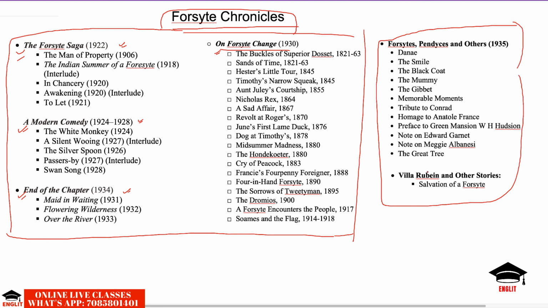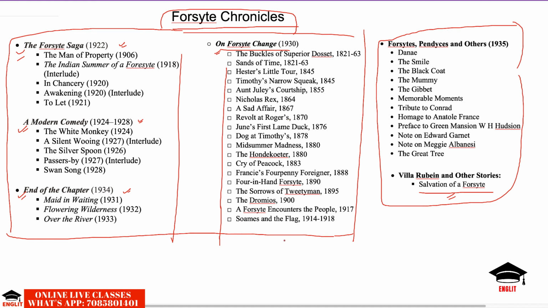ये जो स्टोरीज हैं इनमें देयर इज डायरेक्टली और इनडायरेक्टली मेंशन ऑफ फोरसाइट, जस्ट लाइक सेल्वेशन ऑफ अ फोरसाइट, जो सबसे पहली बार किसी फोरसाइट कैरेक्टर का कोई मेंशन था तो वो इसी में था, विथिन फोरसाइट. एंड लाइक इन दिस कलेक्शन सम ऑफ द स्टोरीज दे डील विद द लाइव्स एंड टाइम्स ऑफ द फोरसाइट्स. But these stories and these novels and interludes, they are primarily dealing with the lives and times of the Forsytes. You must see that these many pieces of literature were dedicated only to one family, the Forsytes. So these were not ordinary characters.